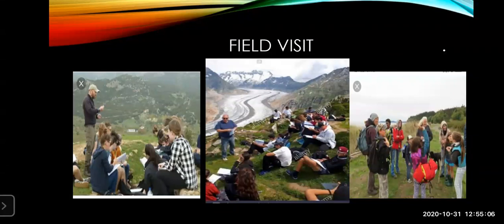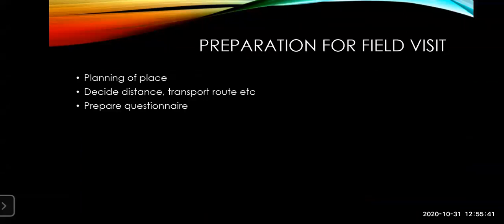So at that time the geography teachers especially are very much interested in showing their students the eclipse, with special precaution. Now this is regarding whatever elements you can cover even sitting in your school. But there are some elements where you actually have to go for a field visit. And if you're going somewhere, suppose you're going to the market also, you need preparation. You have to carry the bag, the list, the money and all. So for a field visit also you need preparation, that we'll see in the next slide.